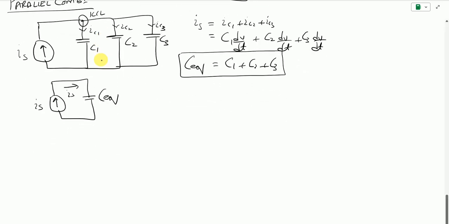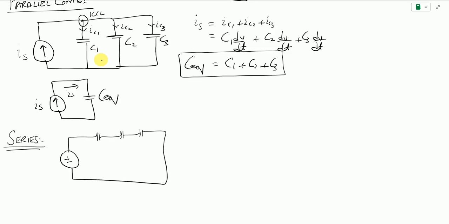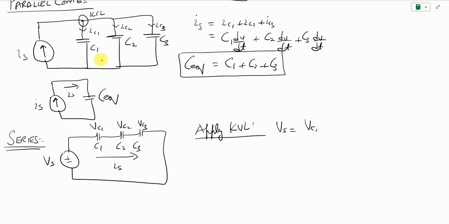So in series combination, it is again going to be the opposite. So we have a voltage source and we have 3 capacitors, for example, connected in series. So we know that the current is going to remain the same and the voltage is going to be different for all of these. So it is going to be VC1, VC2, VC3. So if I apply KVL to this circuit, I can write that Vs is equal to VC1 plus VC2 plus VC3,